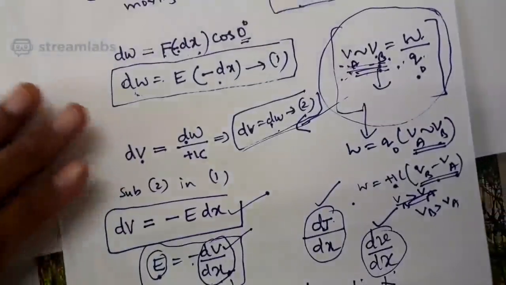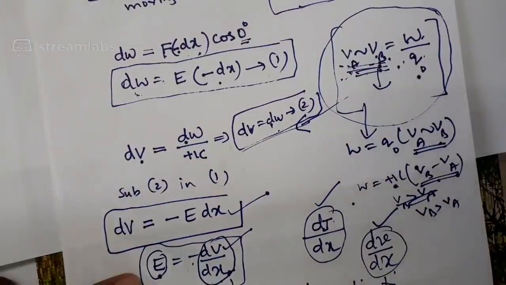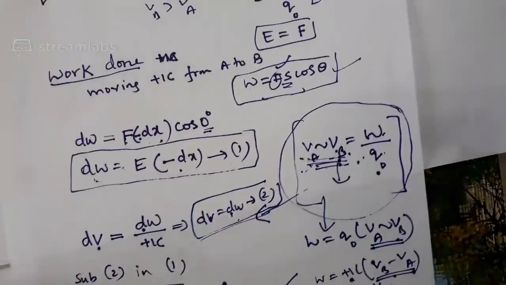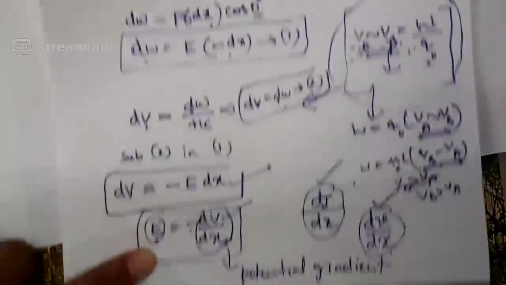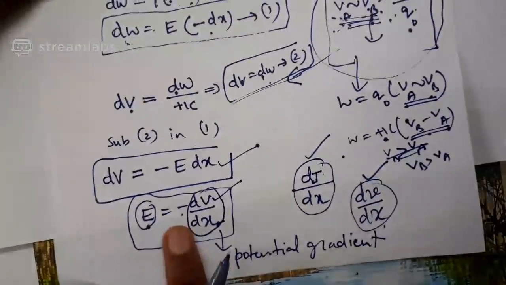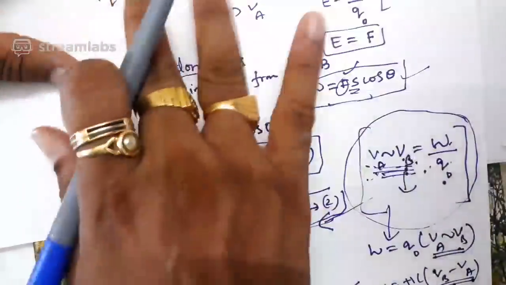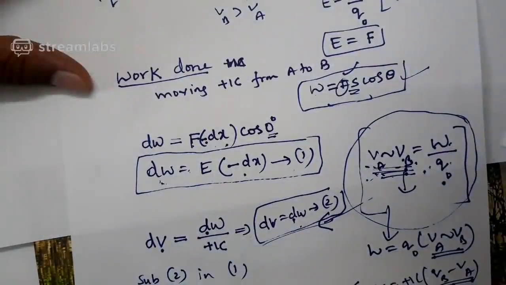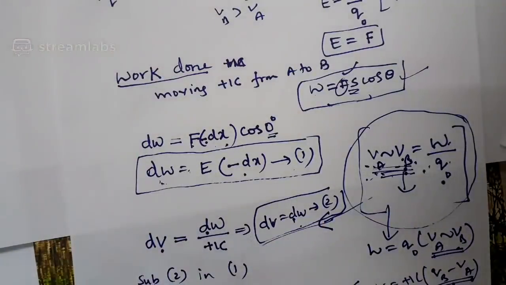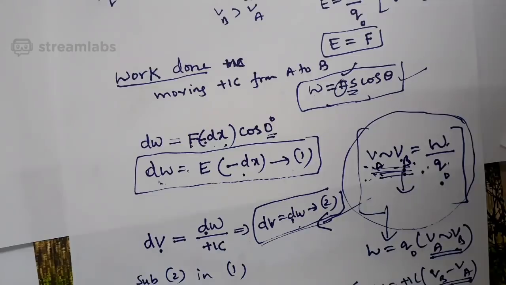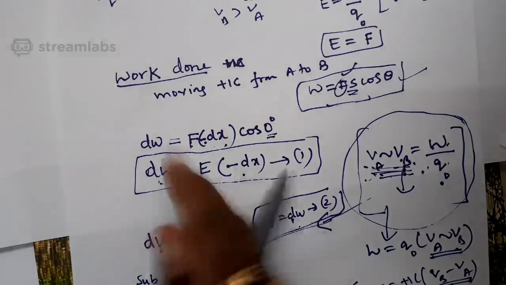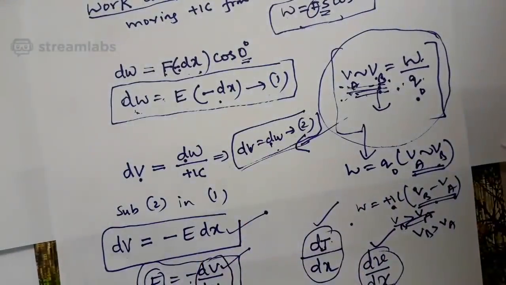And remember one thing, several highlighting points from this equation. This formula is applicable only when the field is uniform. You may be thinking the electric field produced by plus Q is non-uniform. Of course it is non-uniform, but I am not talking about the entire electric field. That's why I selected 2 points A and B, where the field was assumed to be uniform. The entire field may be non-uniform, but a small region in that non-uniform electric field can be uniform, like what I explained here. It is applicable for a uniform electric field.